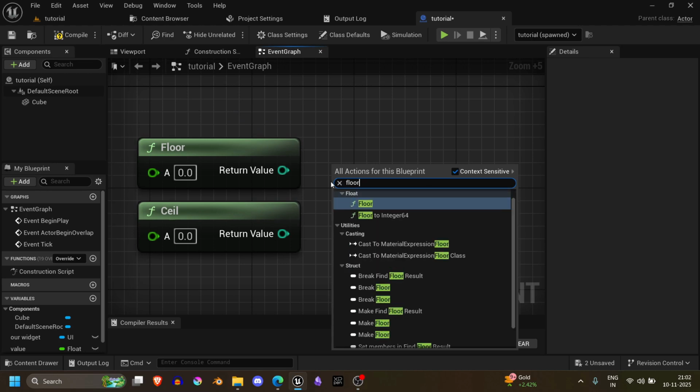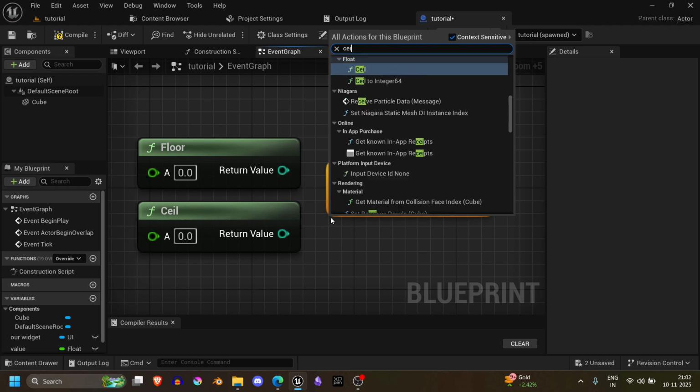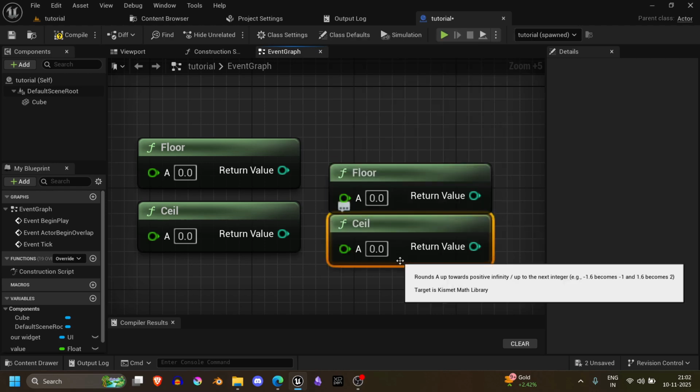And to get these nodes, just right click and type in floor, or if you want a ceil node, then just type in ceil and you will get this node. But now we will just remove it because I have already prepared an example to better understand it,